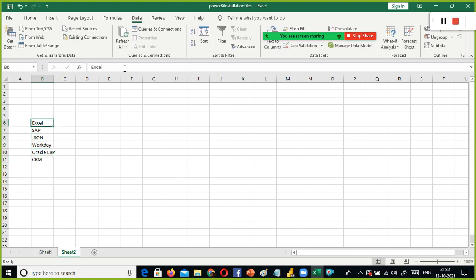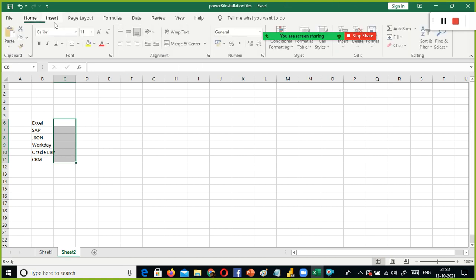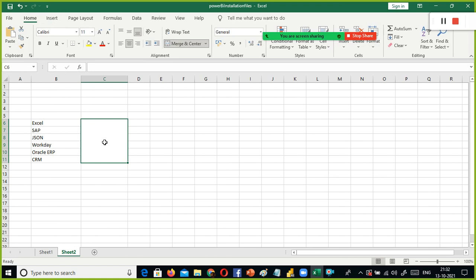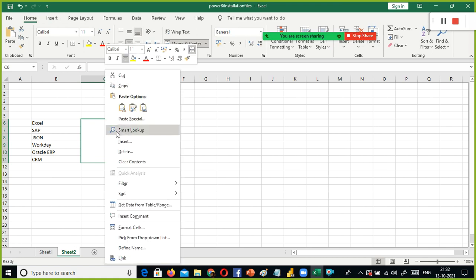You have these 4 sources, and you are creating the data set here. For all these things you need to combine and merge. So what I will do is I'll merge it. This I call a data set.